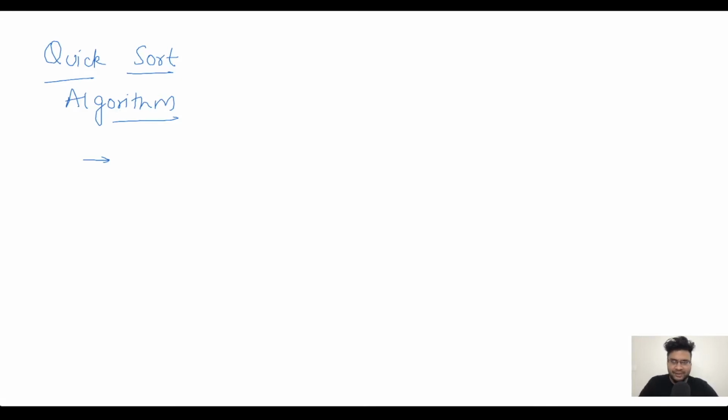in C++ and Python. Okay, so before we discuss the quicksort algorithm, I want to do a quick review of what we have done in merge sort. Merge sort was also divide and conquer, and we have the O(n log n) complexity. But what was hurting us in merge sort is the O(n) extra space, right? It was taking O(n) auxiliary space, and that is what we want to reduce in quicksort. So in quicksort, we actually choose a pivot.